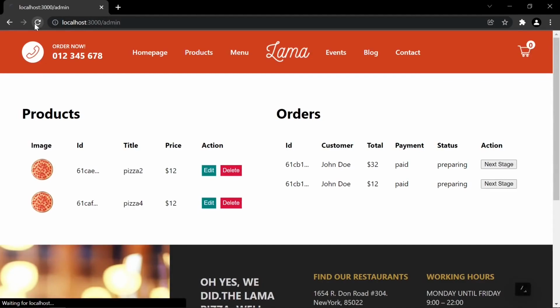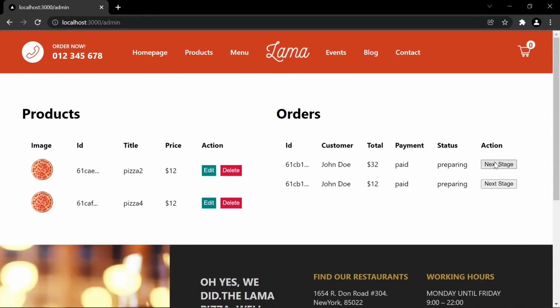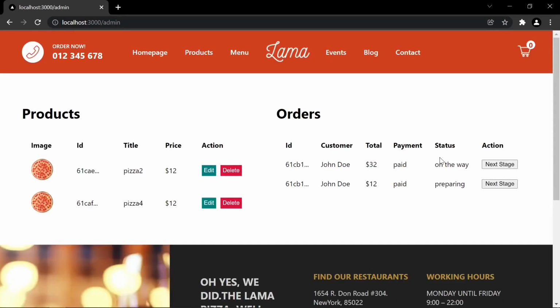let's see. I'm gonna refresh the page. I'm gonna click, and as you can see, it's on the way right now. If I refresh the page, and again it's here. Perfect. So what else we can do? We can go to home page,